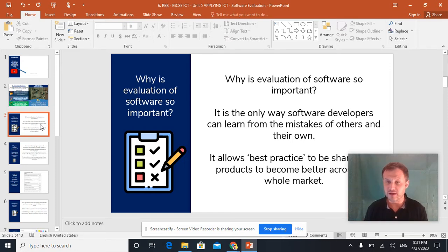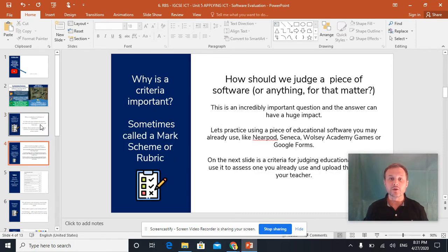You're not going to make any money out of it. You're not going to benefit anybody. No one's going to thank you. Just don't do it. Evaluate what's out there, steal all the good bits, put them into one, add in your own special spice, and then release your product. That's what you should be doing. And once you've done it, evaluate what you've done and make it even better. So we're going to practice doing that.